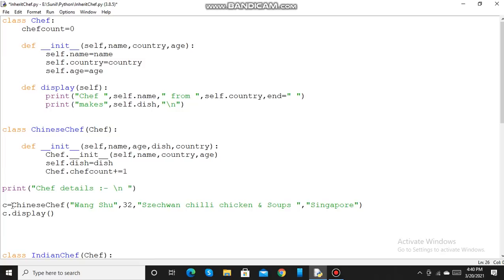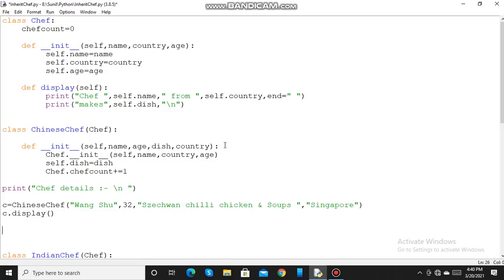Then this statement C is equal to Chinese chef. It means that C is an object of this derived class Chinese chef. And these are the arguments. So whenever an object is created, the init method is called.